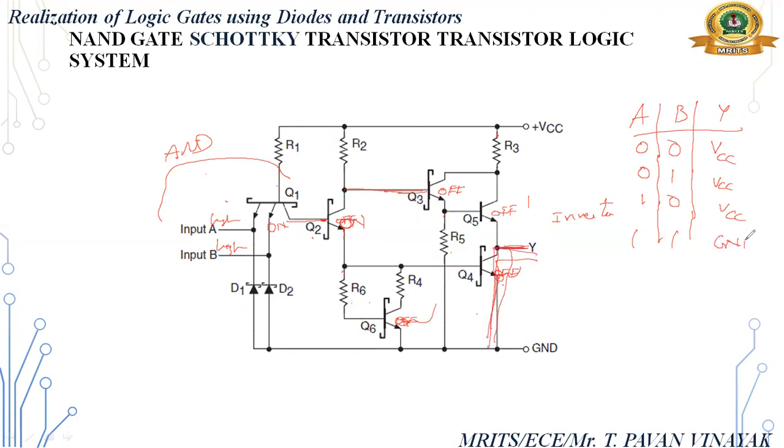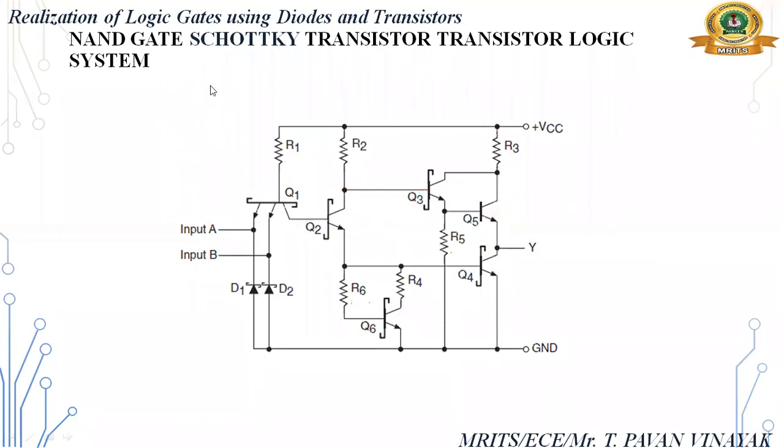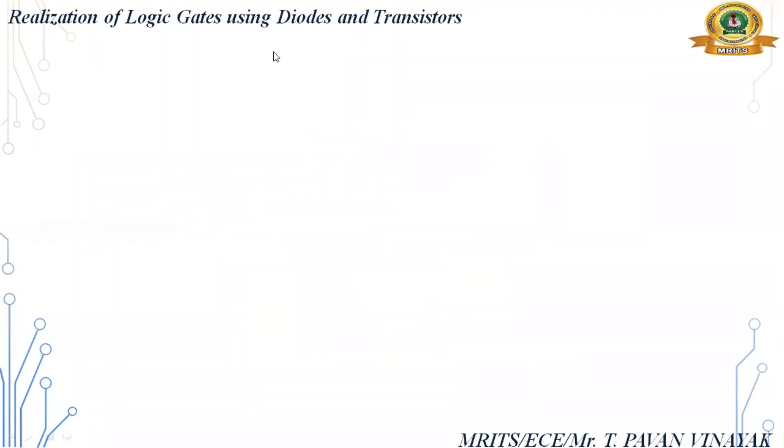So it is ground, because no power supply is coming to the output. This is off, the output is taken here, so no power supply is coming to here. Output is ground. So Y is equal to ground. This is the NAND gate operation. You can use diodes here or not, that is your wish. You can mention diodes or you cannot. No need. Directly give inputs here.